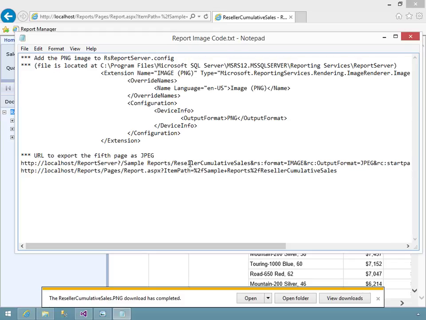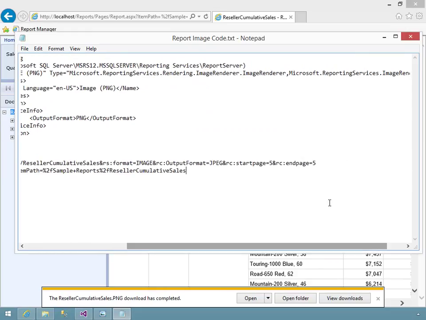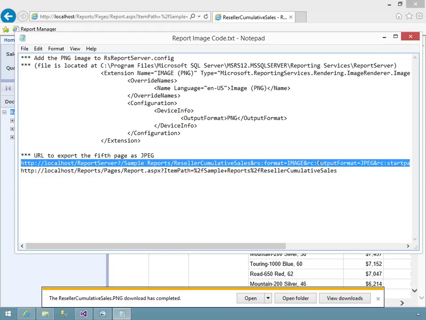We're still looking at the reseller cumulative sales, but I'm going to use an image format and specify JPEG. JPEG is also only going to render a single page. But the nice thing here is that I'm able to specify the start page and the end page. Again, it has to be the same page because I'm only going to get one, so I'm going to start it on page 5 and end it on page 5. So I'm not limited using the URL to exporting only the first page. I'm going to select that and copy it,